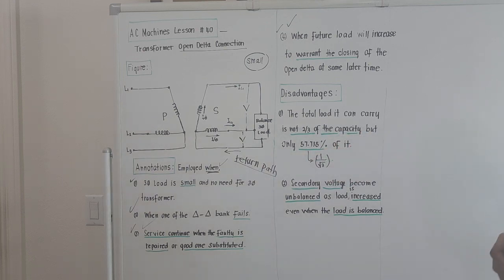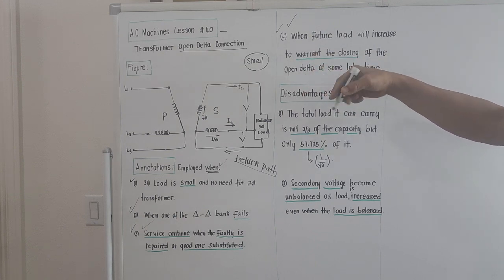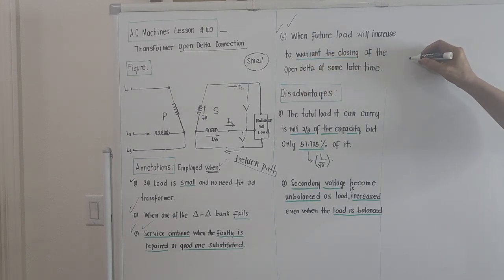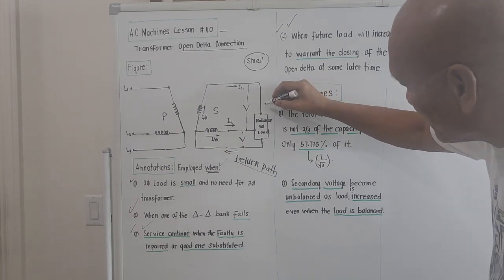57.735% of it. Meaning to say, if you got a 900 kVA, 900 kVA is very big. Because for open delta, it should be a small load, right? 200 kVA. So if the load here is 200 kVA,